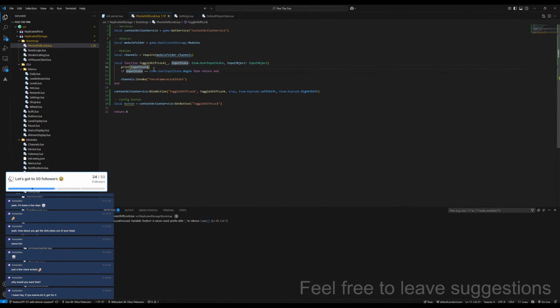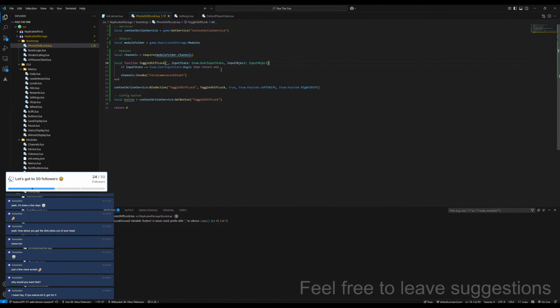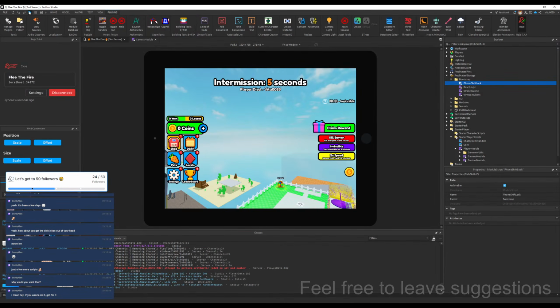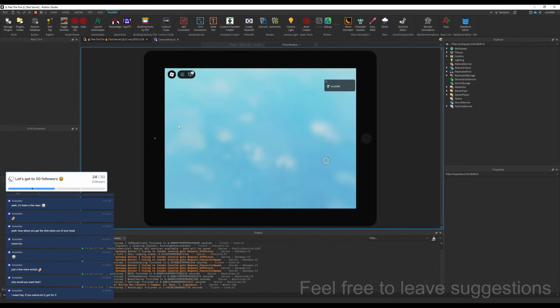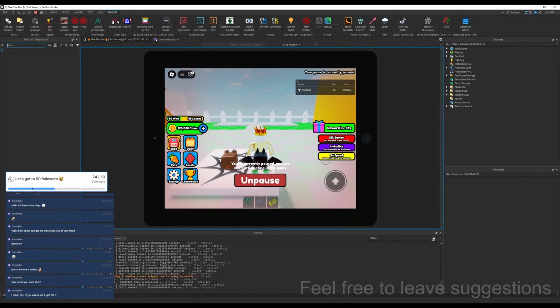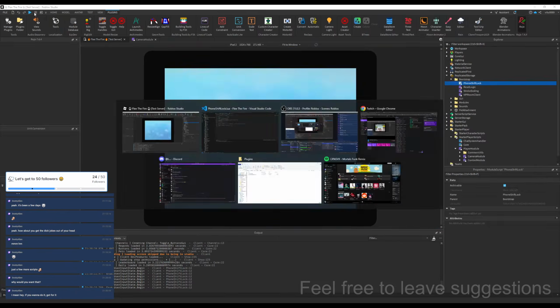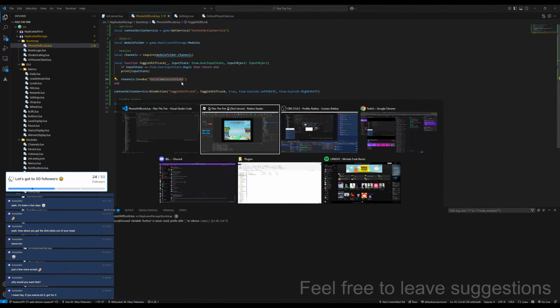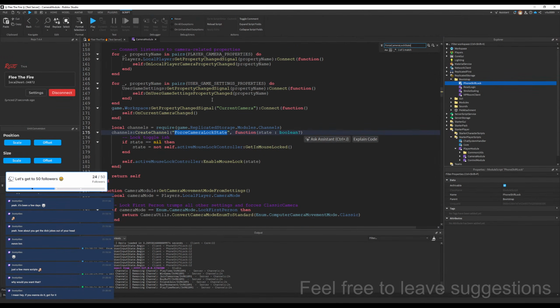So... And it does pass, right? Yeah, exactly. Every time I click begin, it just filters everything else out and does nothing but the right thing. Force camera lock state is exactly the function that... yeah, right there. And what if I just say print